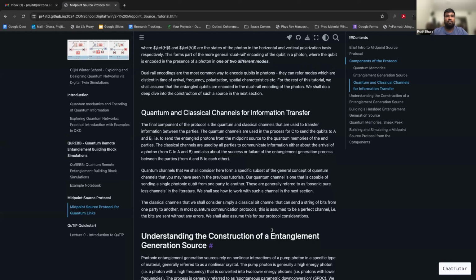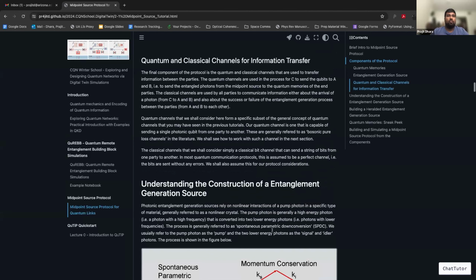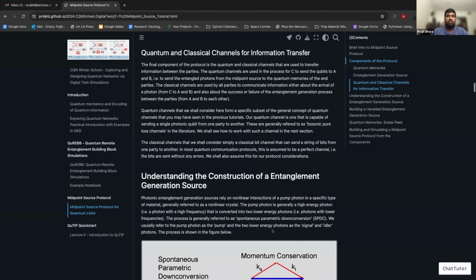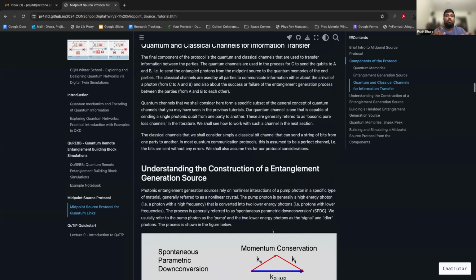Let's shift gears and look at how entanglement can be generated between photons. Photonic entanglement generation must rely on some kind of nonlinear interaction, specifically because you're generating coupled pairs of photons that have some correlations between themselves. Of course, there are ways to do it linear optically, but you have to use single photons, which themselves have to be generated from a nonlinear process in a heralded fashion for a linear optical circuit to generate entanglement out of them. We will specifically consider the case of spontaneous parametric down conversion,